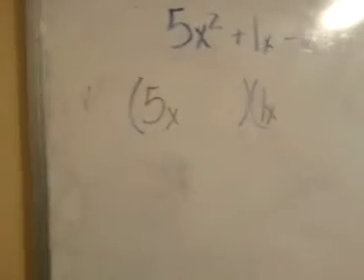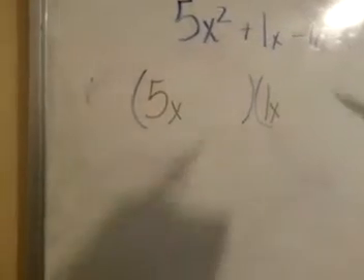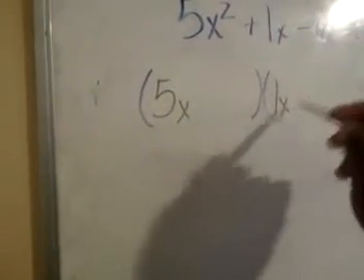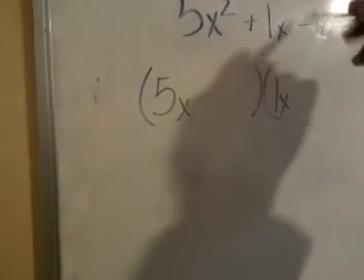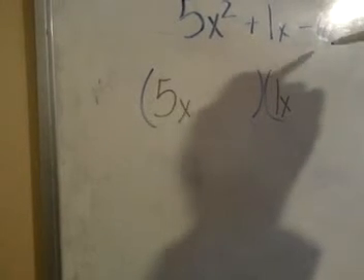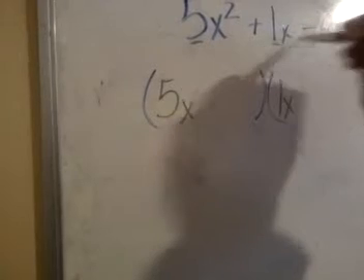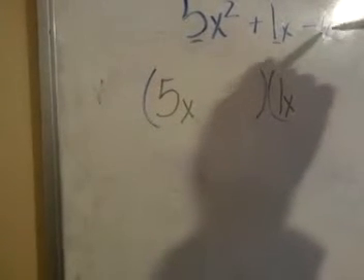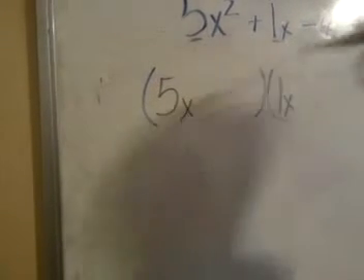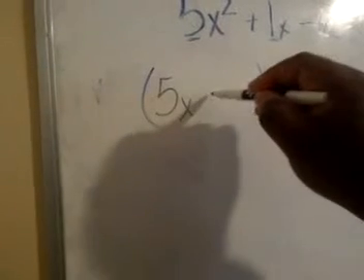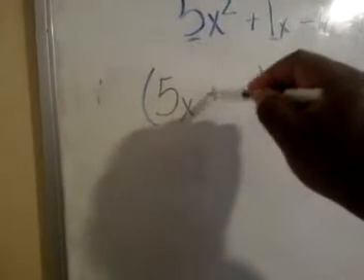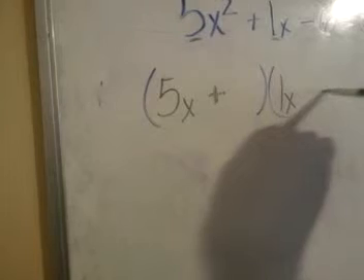In chapter 9, you would say, okay, I got my 5x here, my 1x, and now I have to look at this here. Because this is negative, I know the signs are going to be opposite, so we can go plus, minus,